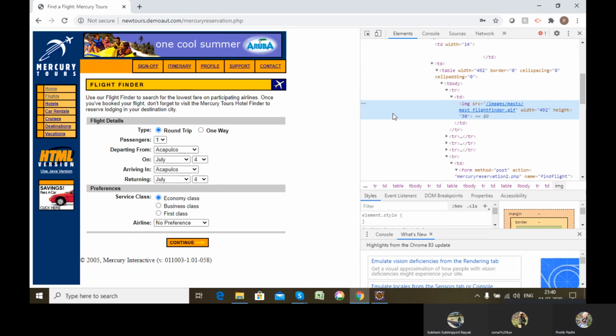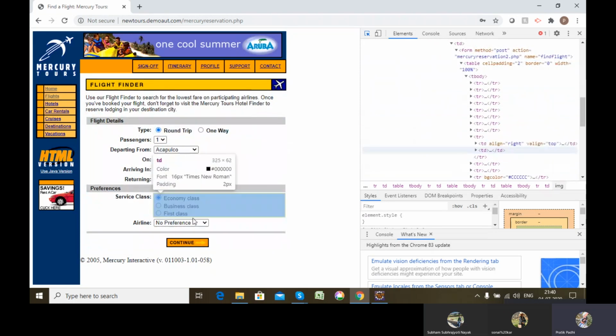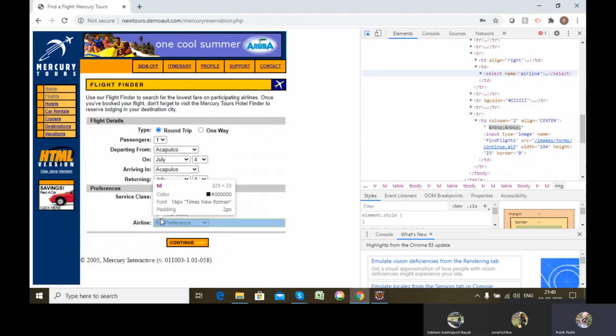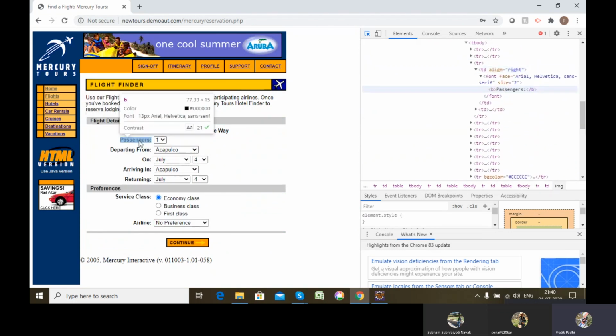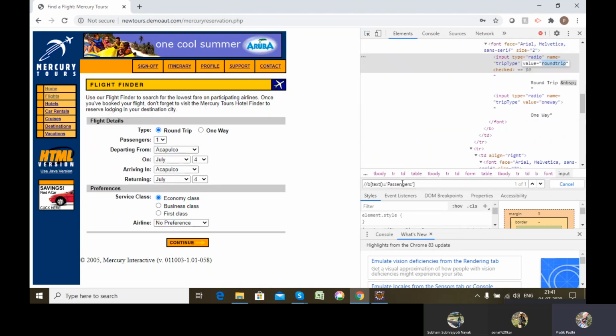Or you can go with any particular text that is present. You can also go with Passengers, or Departing From, anything.